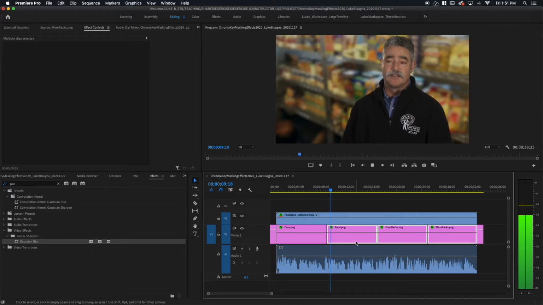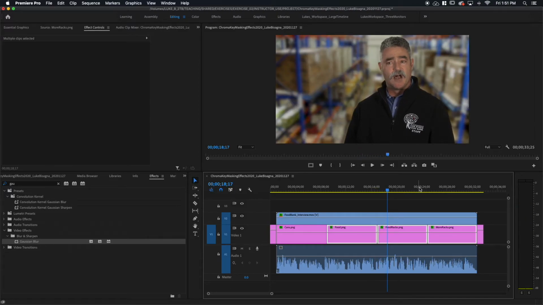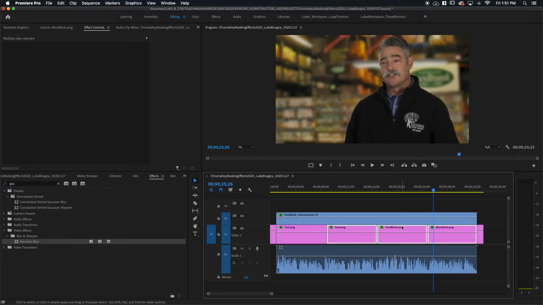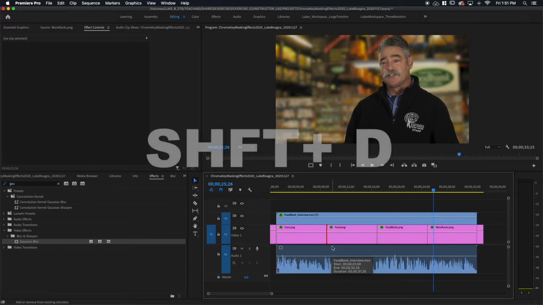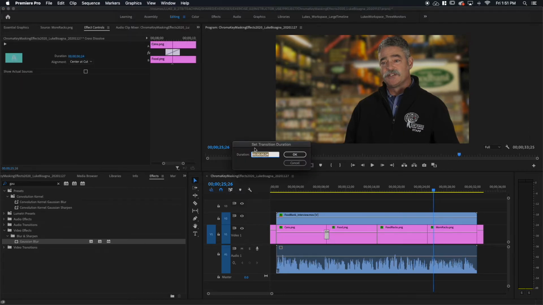It just shifts so quickly and so suddenly. I don't really like that. Boom, it's just a little bit distracting. Instead of doing that, why don't we just dissolve from one to the other? So I'm going to select this clip boundary here, use Shift D to apply my default transition, which in this case is a 24 frame dissolve.